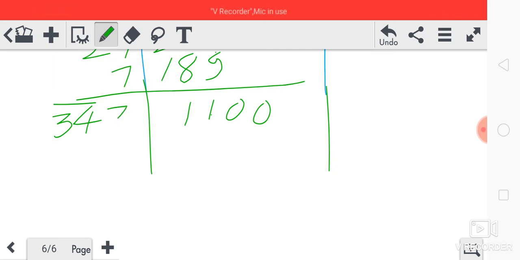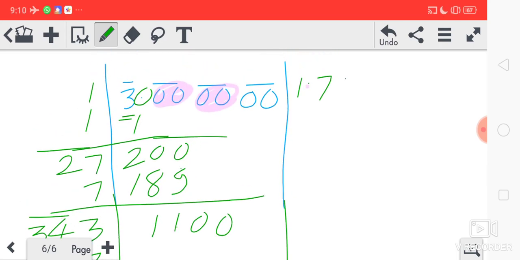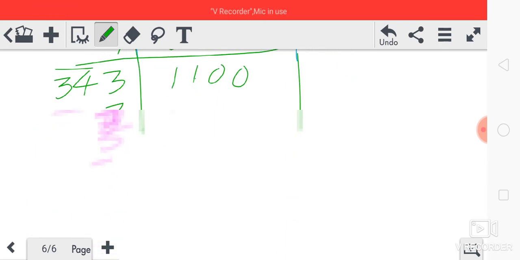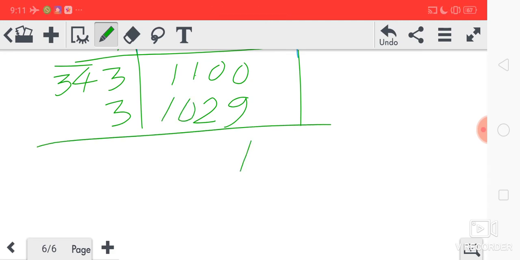Okay, so I have taken 3. So here also we'll have to write 3 times. Now 3 3s are 9, then 3 4s are 12, 1 carried, 3 3s are 9 plus 1, 10. This much we are getting. So 10 minus 9 is 1, 9 minus 2 is 7, and this side 0 0. Now we have to add this one. 343 plus 3, how much will we get? 346.